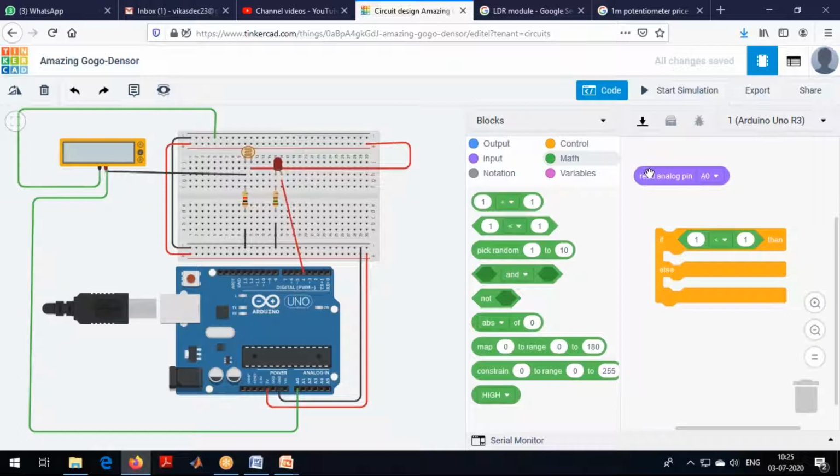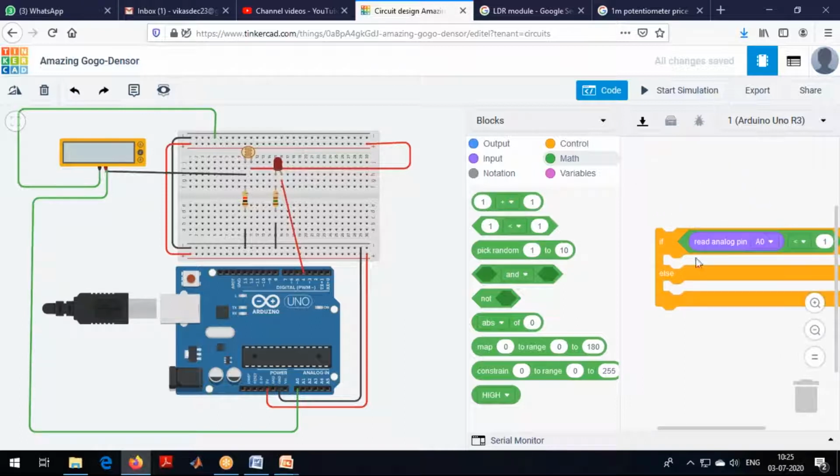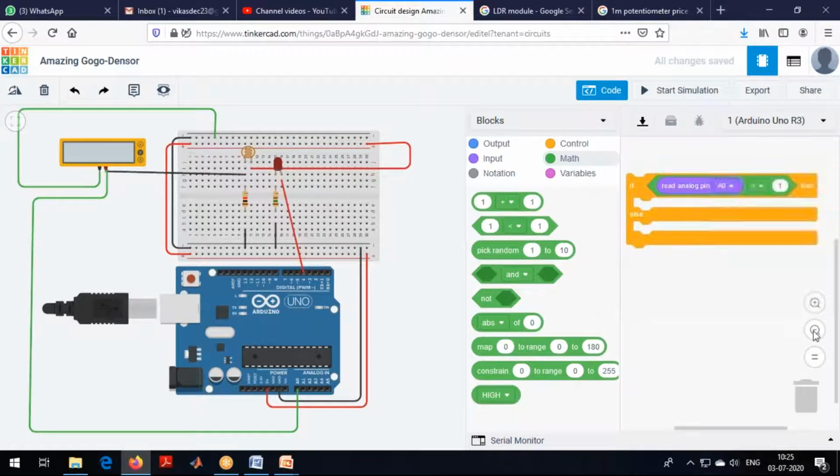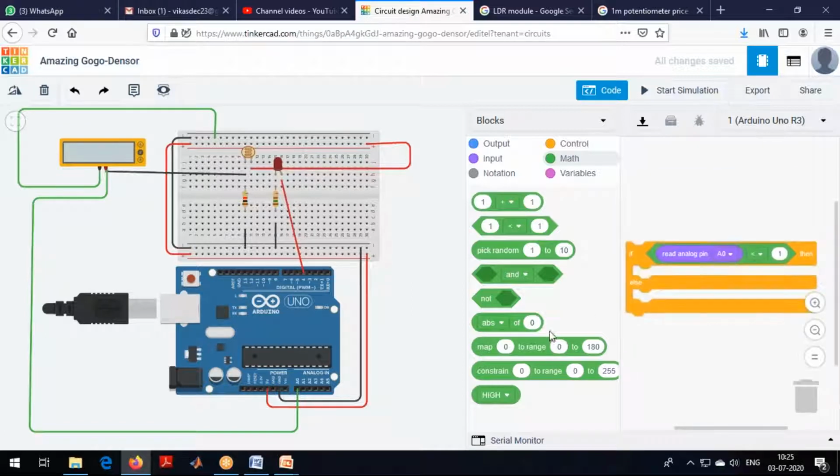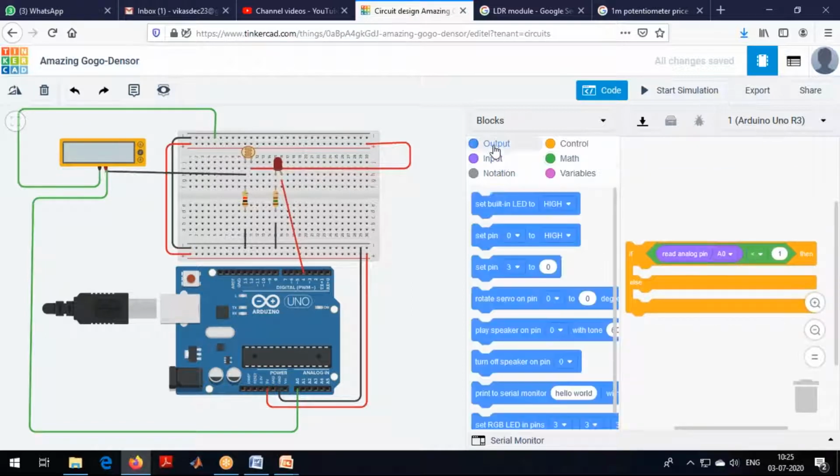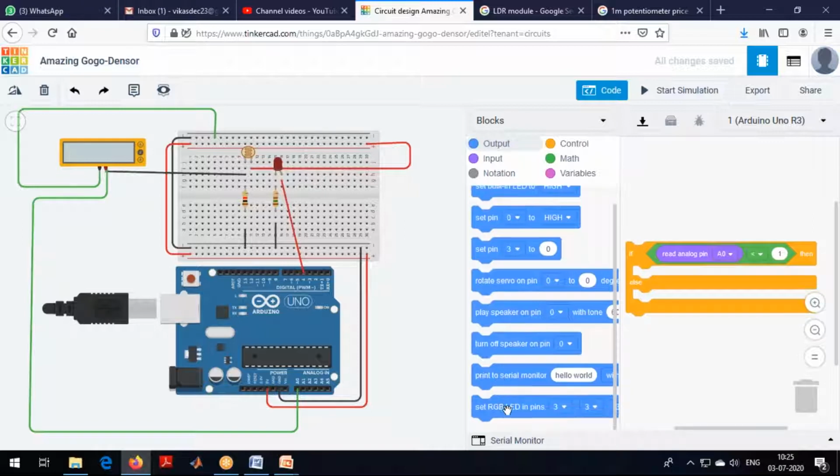Inside this, I'll drag and drop this. That means if read analog pin A0 is less than something, I want to do some operation. But before doing this, I want to know what voltage we are actually getting.